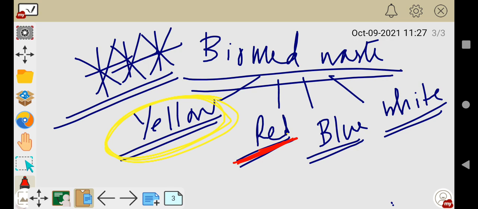Red, so that you don't... this one, blue and white. All right. So now